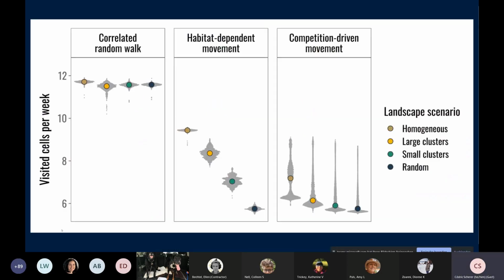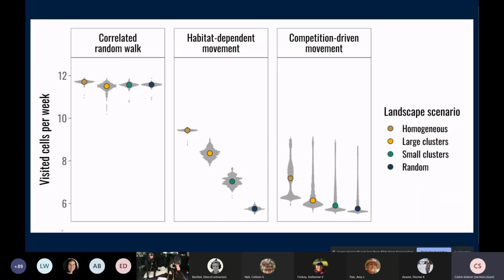I used this approach for my PhD defense. So when I was defending my PhD thesis, I had a box plot version, which was pretty stuffed for the paper. And for the talk, I tried to reduce it a bit. So this is what I came up with. So I added a dot for the median value for each of these scenarios. So I had 3 different strategies for the animals to move. So this was a theoretical simulation model with agents. And I had different landscape scenarios, and I wanted to compare them all. And these are 500 simulations.